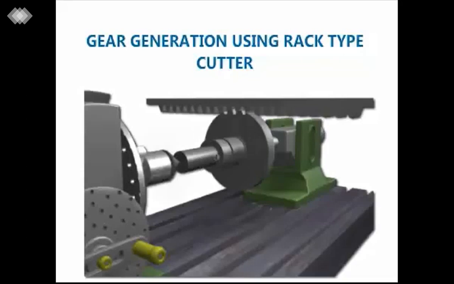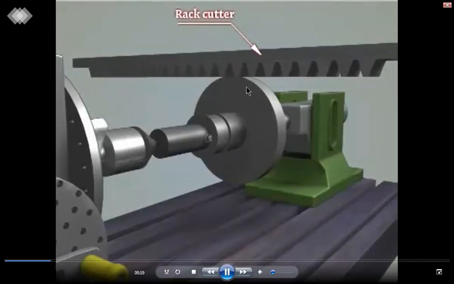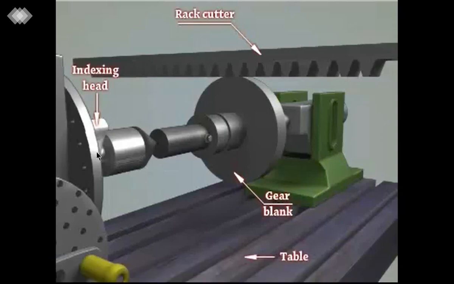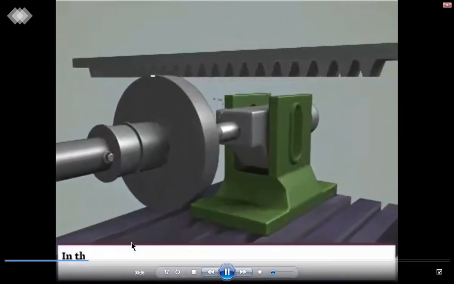So we'll first see the gear generation using the rack type, or linear type, of rack cutter, in which the rack cutter is engaged with this gear blank, which is fixed on this arbor connected with this dividing or indexing head. This is the indexing mechanism along with this index plate. This is the table on which